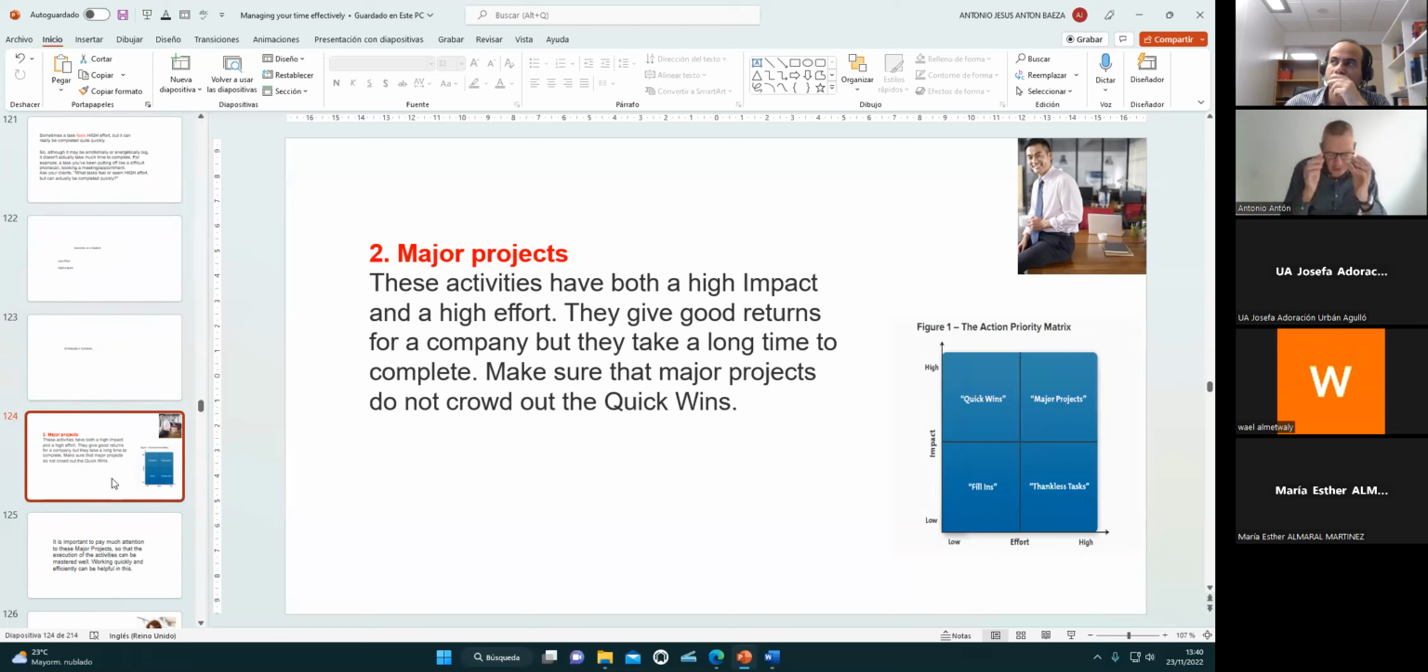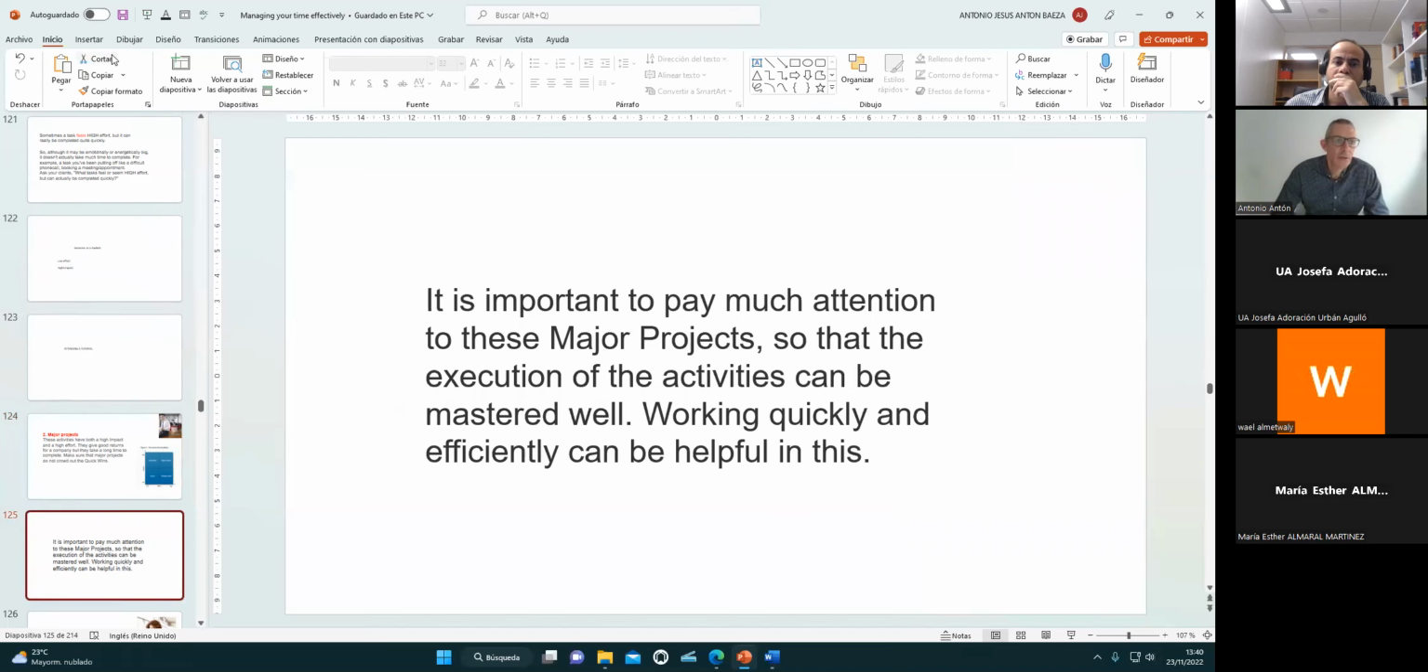The second idea is major projects. Major projects are different from quick wins. So you need to focus on quick wins, quick wins, quick wins. This is my choice: low effort but very high impact. Major projects involve high effort and high impact. So it's very important